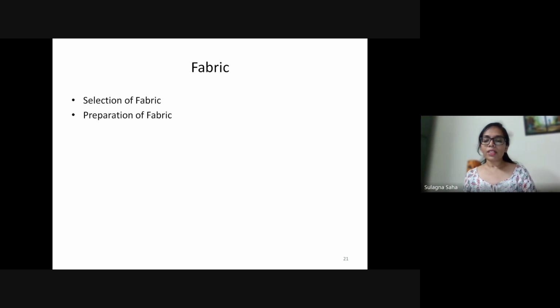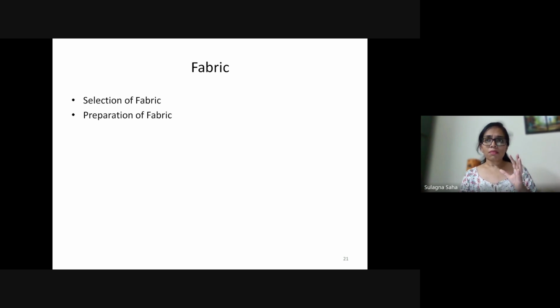Now, coming to the fabric, when you are designing a garment, the selection of fabric becomes very, very important. We have spoken yesterday also about the right type of fabric, and what fabric is important to what sort of fall. We generally categorize fabric into three types depending on the weight of it. So we have lightweight fabrics like chiffon and voile, medium weight fabrics like cotton, cambric, poplin, and heavyweight fabrics such as denim, corduroy, or casement.